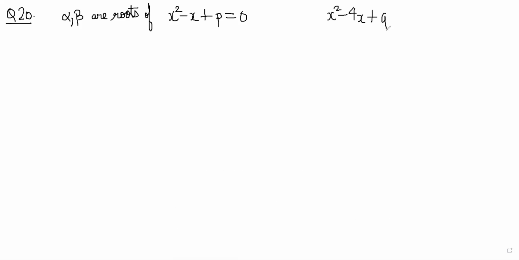Saying alpha, beta are roots of x square minus x plus p is equal to 0, and gamma and delta are roots of x square minus 4x plus q is equal to 0. Now he's saying if alpha, beta, gamma, delta are in GP,